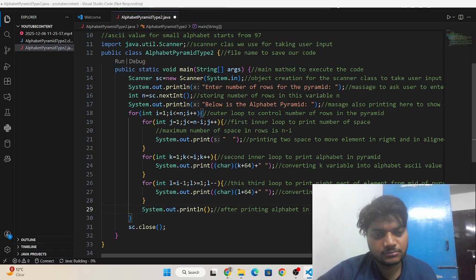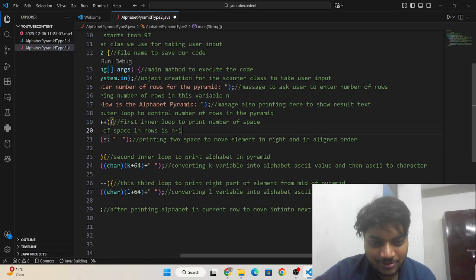Not working. What is it saying? Current row to move into next row, we are printing this println statement.